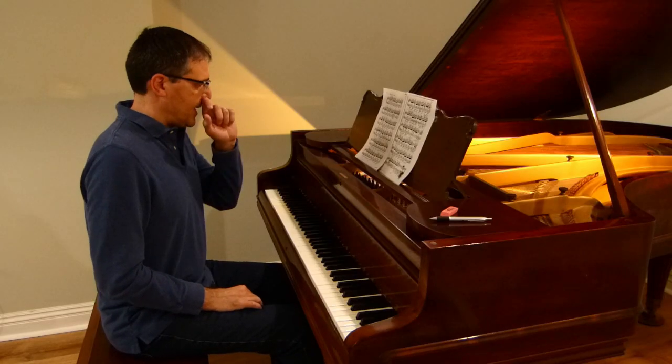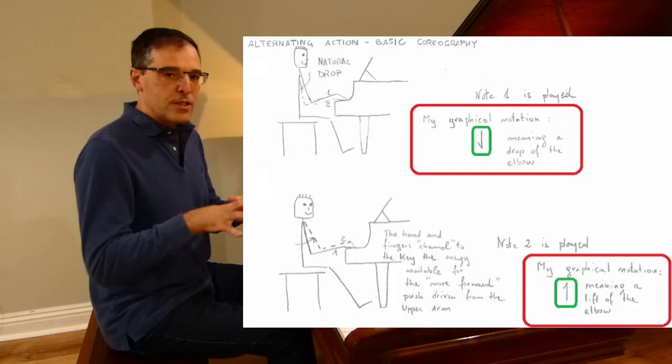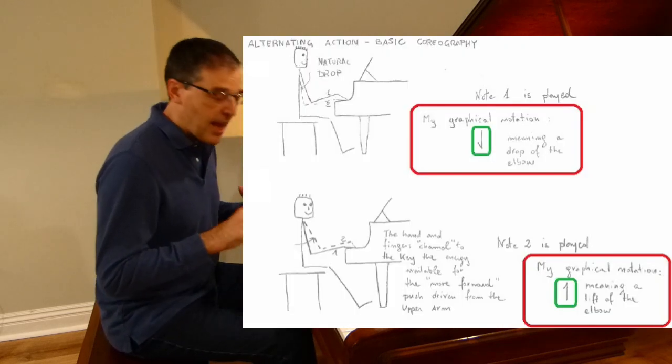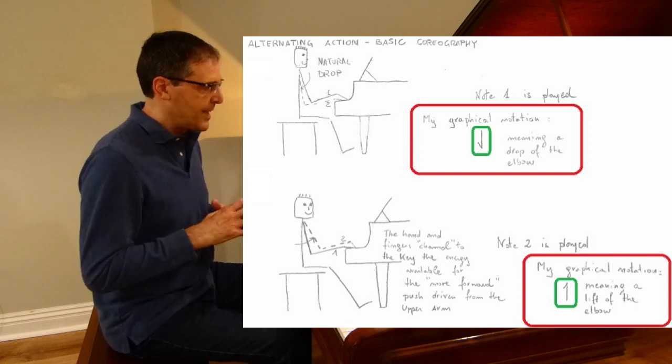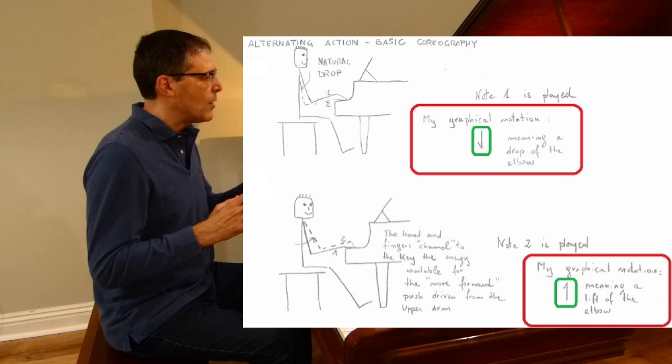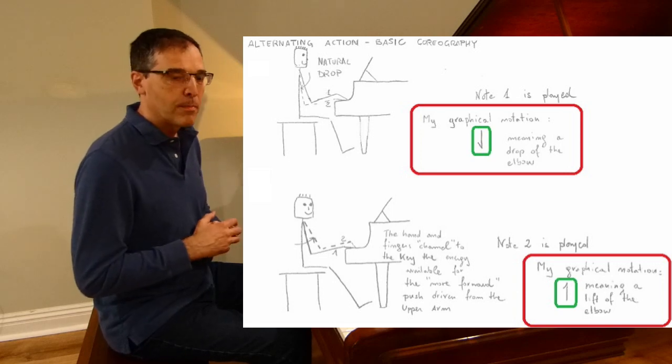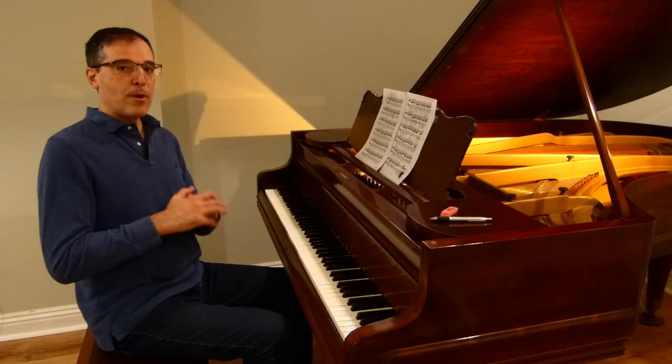and so on. And so, up to this point, I think I explained, I hope, sufficiently clearly this basic concept of the alternating action and how to apply it to this particular bar. The problem is that,